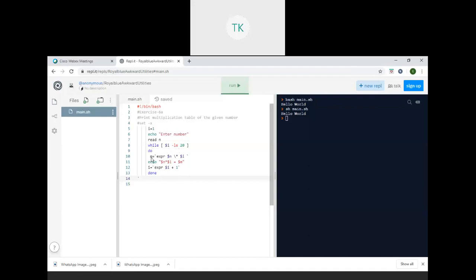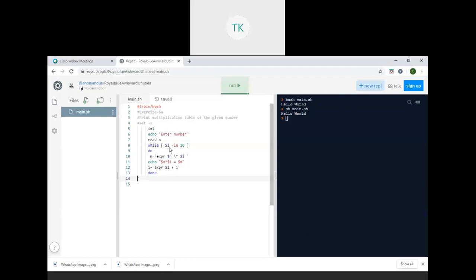It goes to the loop and evaluates the expression m equal to n times i. Here n value is 3 and i is 2, 3 into 2, so 6 will be stored. Then the output statement prints 3 into 2 equal to 6, 3 twos are 6. Then again I increment the value of i, previously 2, 2 plus 1 is 3, and again it goes to the while loop.